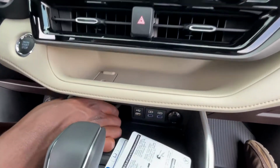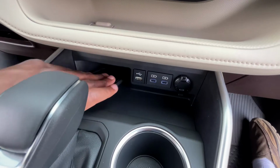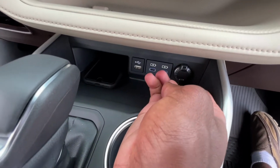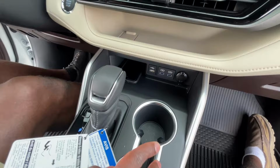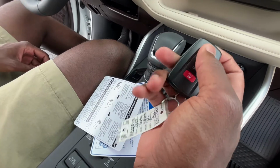And then down here, we have plenty of storage here. If you want to slide your phone in here and then use this USB-C charging port, you have 2 of those, or this USB-A. We also have a 12-volt. 2 cup holders here. And then before I forget, I really love these key fobs because what you're able to